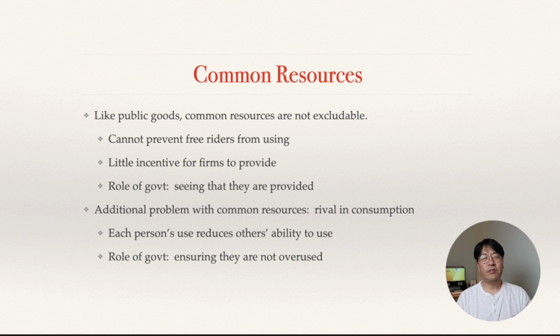Under that free rider problem, they are usually not provided or produced by private firms or companies. There is not much incentive to do it because there is no system for charging a price. So government should